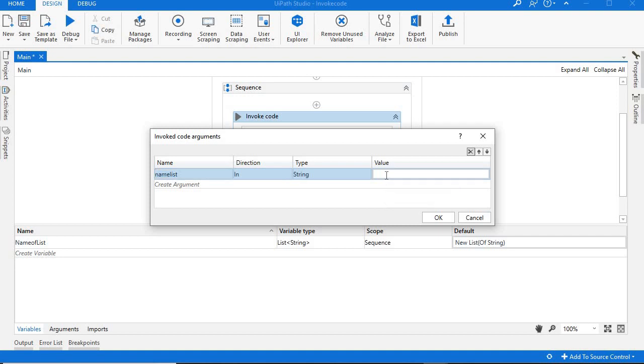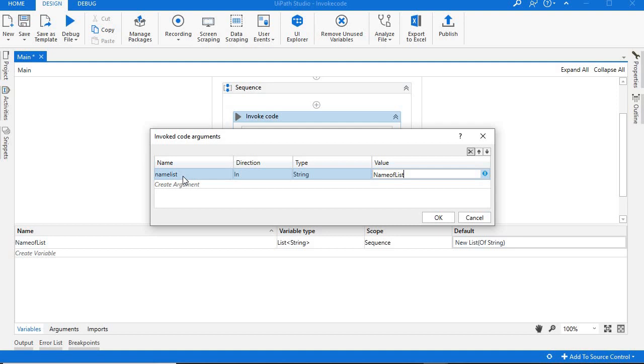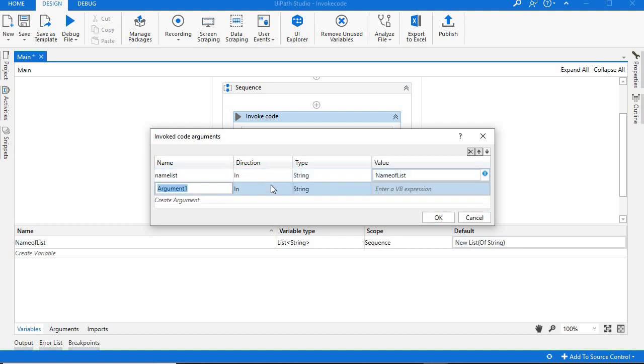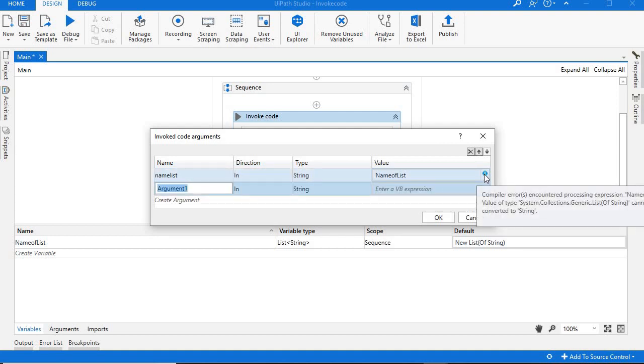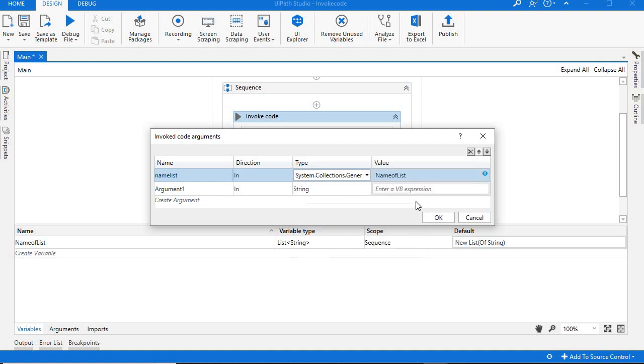So here the value is name of list, which we have already created. So you are using this name list in this coding section. Here I have given a string. It should be list of string. Clicking OK.